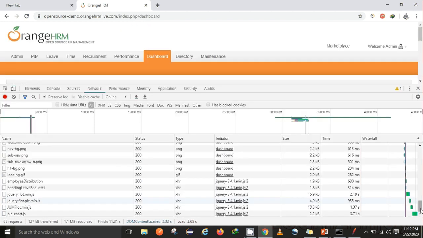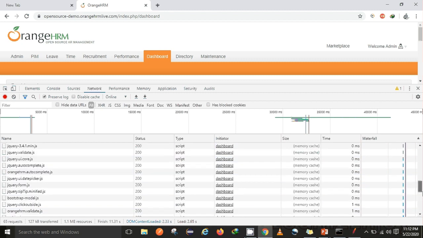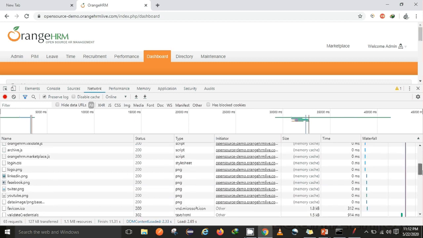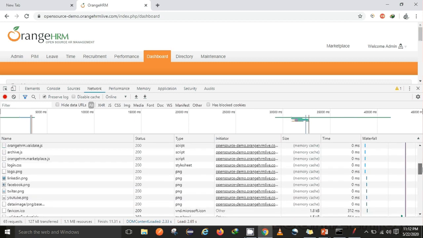So this is how, with the help of the developer tool, I can get all the details of the requests which are being made when I try to log in to this Orange HRM application. The types of requests you can see are PNG, GIF, XHR. Apart from that you can see the scripts, mostly JavaScript, and then a few documents and so on.